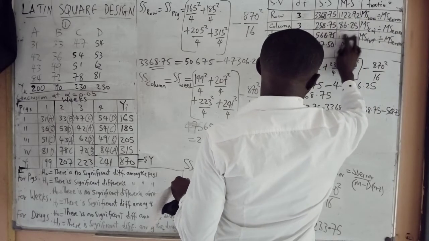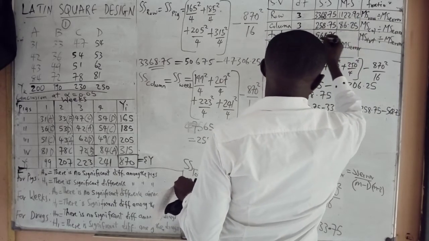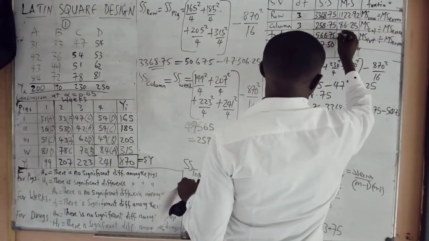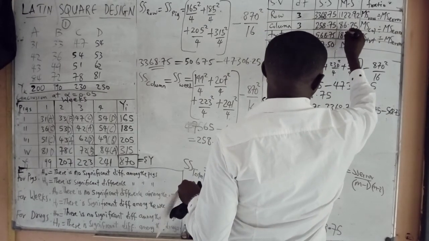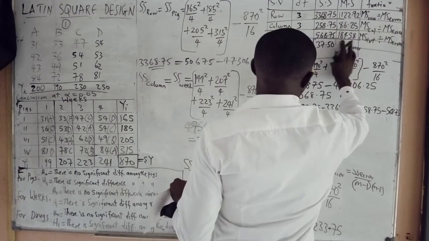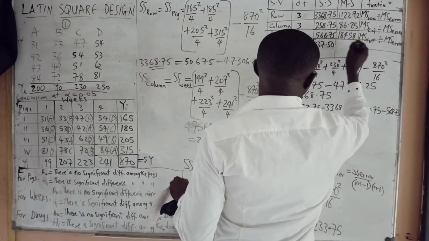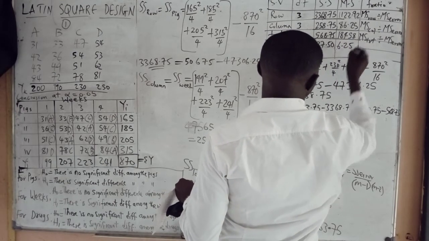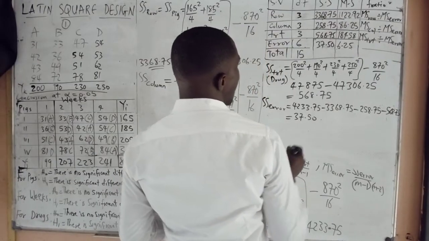The MS treatment will be giving us this divided by this, that will give us 189.58. What is our MS error? That will be giving us 6.25. Then F ratio